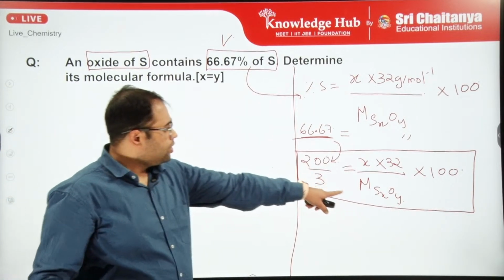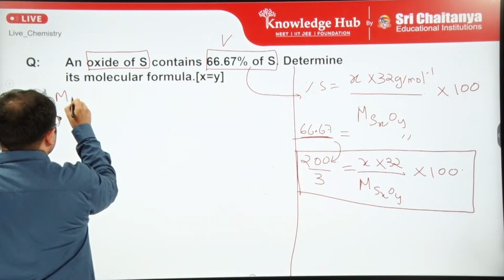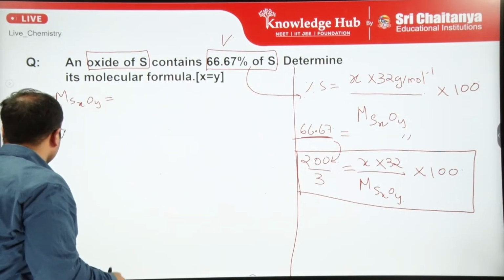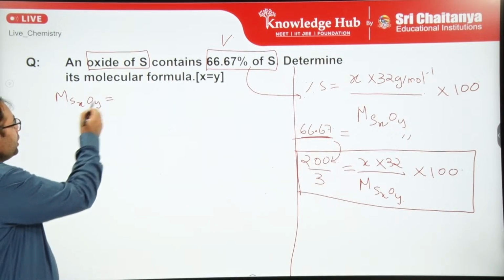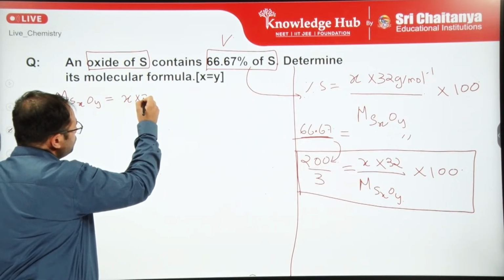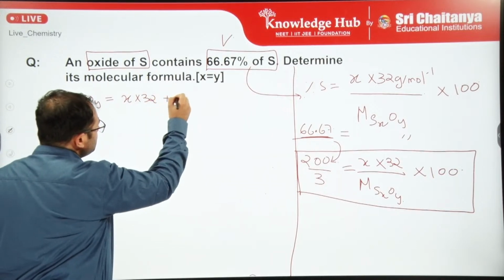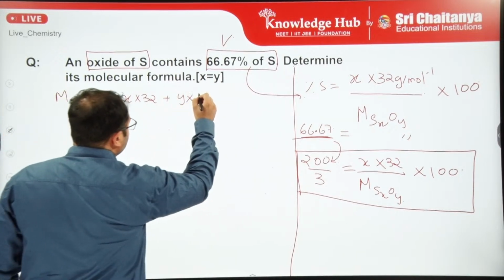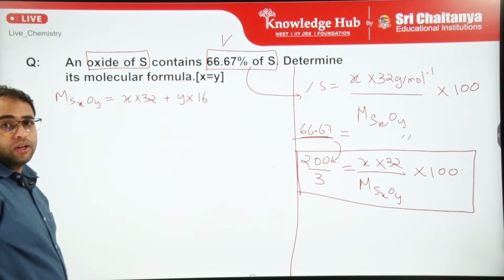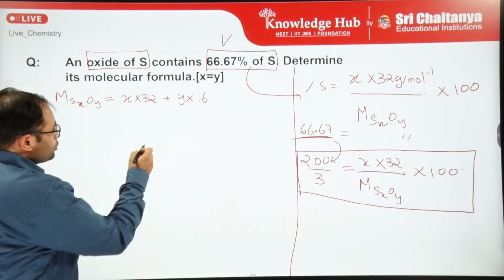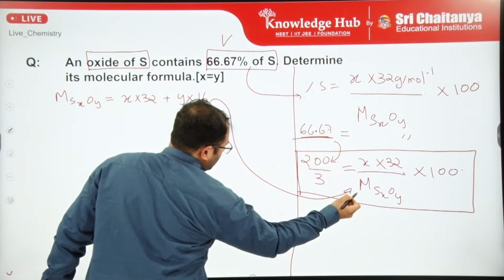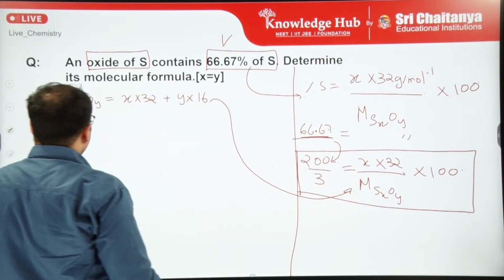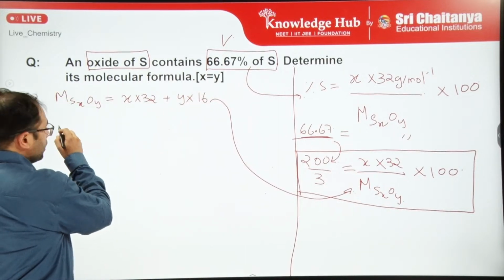Right. So what is this? See, you have X sulfur atoms here, right? You have X sulfur atoms here. So I can write it here as X into mass of one sulfur atom, which is 32, plus Y into mass of one oxygen atom, which comes out to be 16. Right? And if you add them up, then you'll get this. So I can substitute this somewhat here. Can I or can I not? I think I can. Right? So how do I do that? Simply